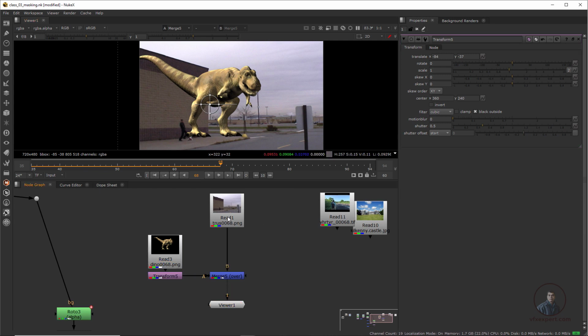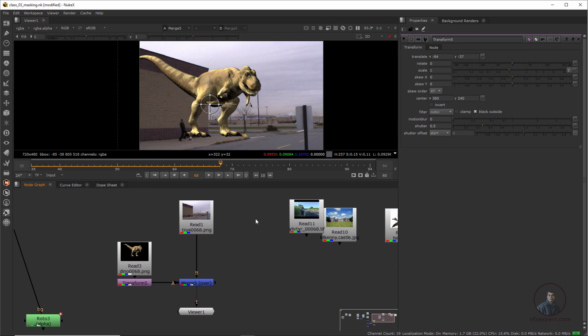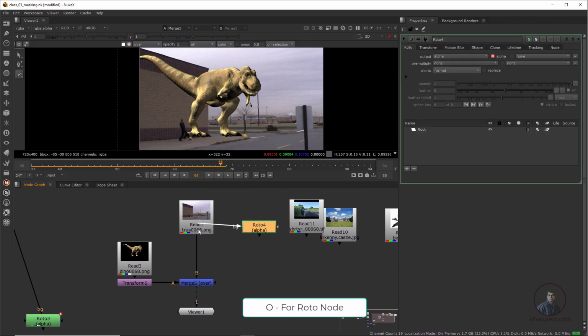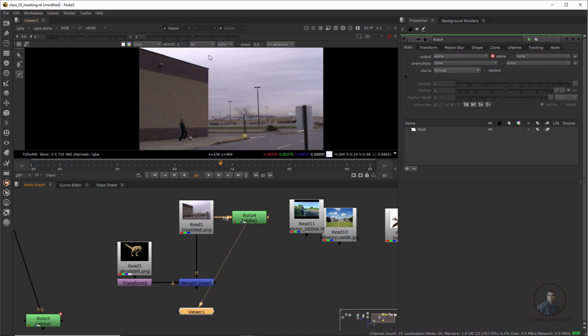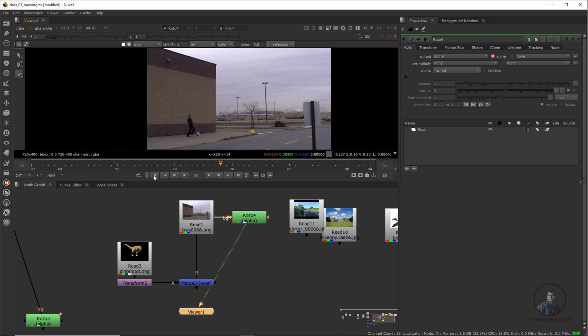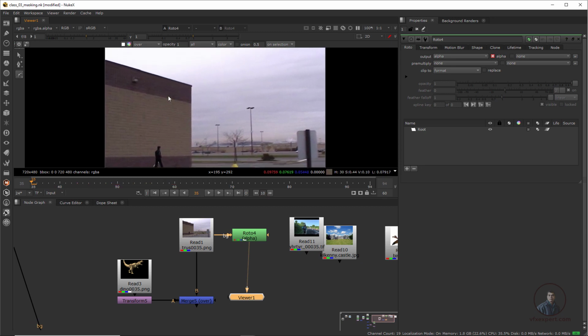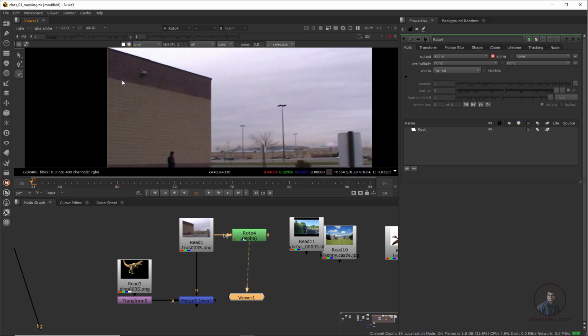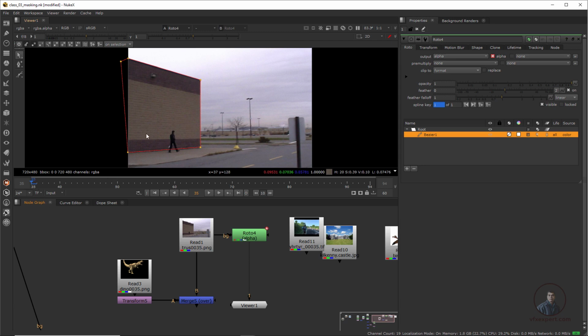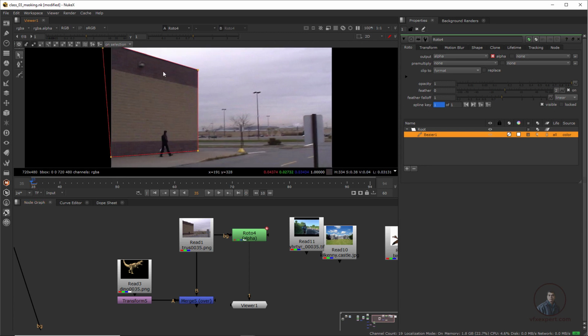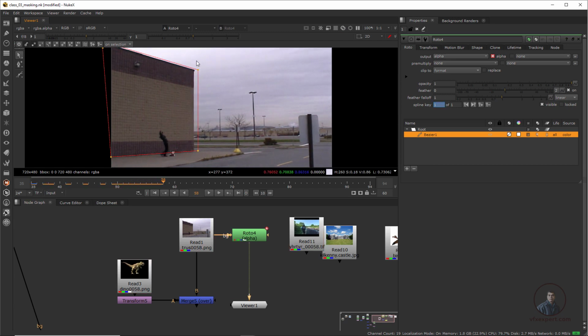For this first method, take a separate roto node. Press O, connect it with our image, select this one, press 1 here, because we have to cut out this wall. Create a roto shape on the first frame, because remember, this is a little bit moving here. So we also have to animate this roto node. I am going to create a shape here for this wall. Then again take the same node. After this, because this is a video, if there are any movements involved, we have to adjust this shape too. So just move the CTI here. You can see here.